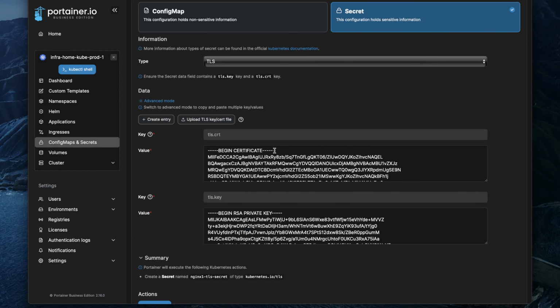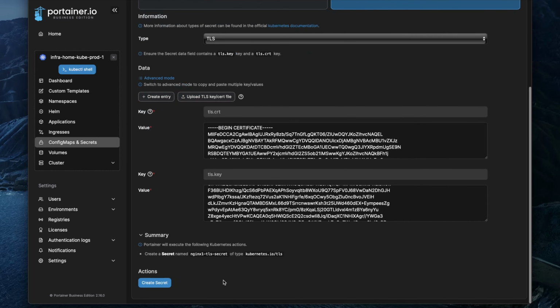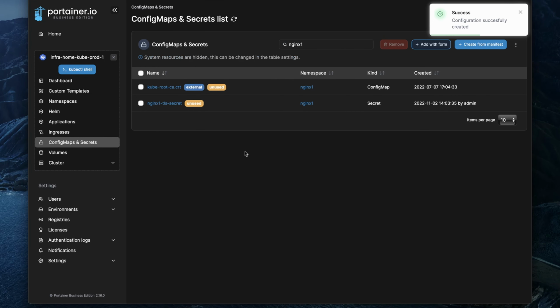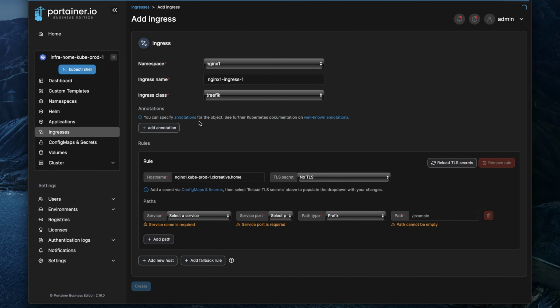You should see the content of the certificates in here in the text values, and when you're done, just save this object and let's go back to the Ingress menu. Because when we now click on reload TLS secrets, you should see our recently created one in the drop-down menu now, so I just need to select it